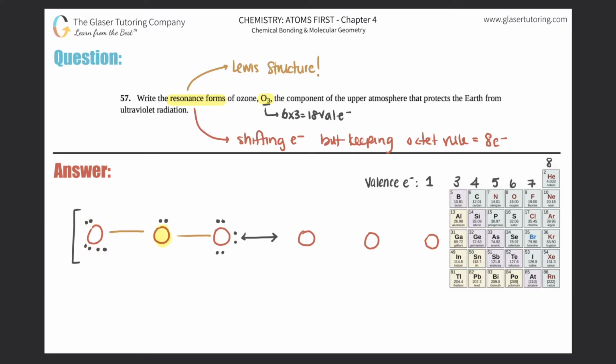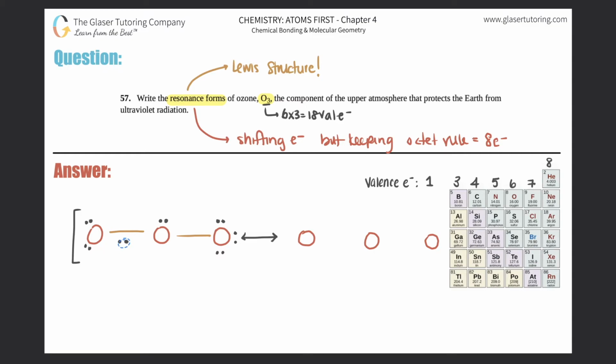But look at this oxygen, though. 2, 4, 6. It doesn't have the octet rule, right? Because it only has 6 and not 8. But look what the oxygen on the right-hand side could do. Just like these electrons